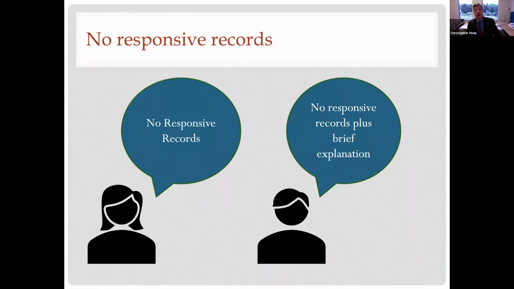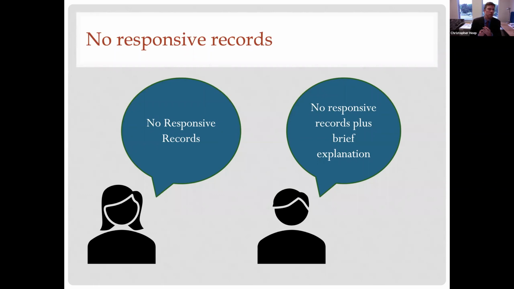Okay, so going through that list in a little bit more detail, that's the types of responses we can provide to a requesting party. First on the list was provide responsive documents. That's easy enough. If the request is one that the town can respond to within those 10 days, the town is obligated to provide the document, and the documents are not subject to an exemption. The town is required to provide those documents within those 10 days. If there are no responsive records, the town can notify the requesting party of that. That needs to be in writing. So you need to send a letter saying there are no responsive records.